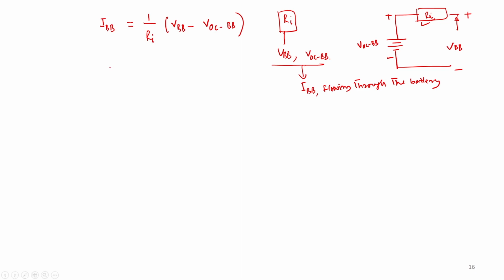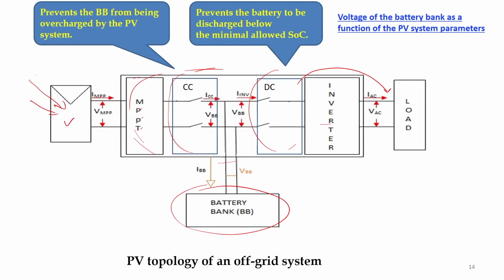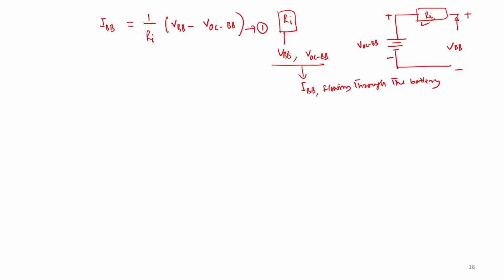So, I can write this as equation number 1, and if we consider the power on the left side and right side of the MPPT, you can go back. This is the MPPT part. So, we are interested in the left side and right side of the MPPT power. Then what will happen here? We can write